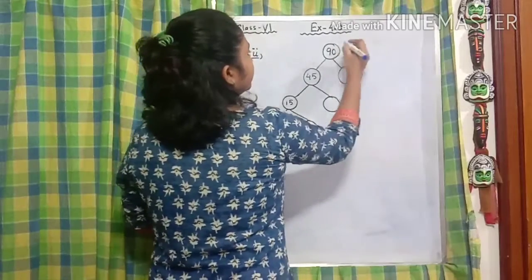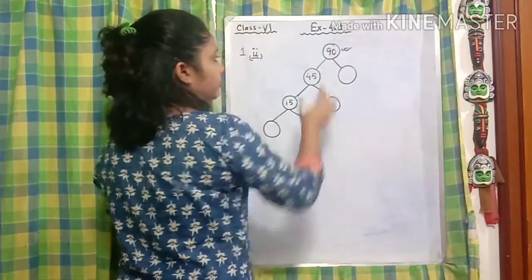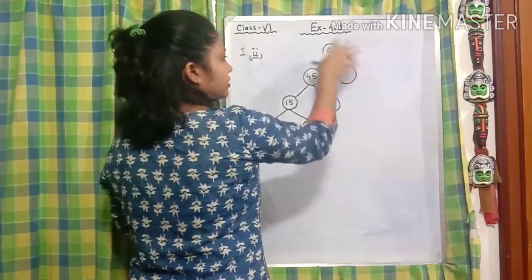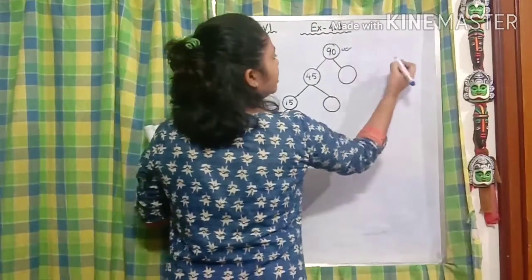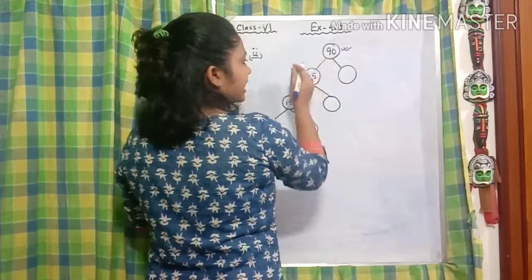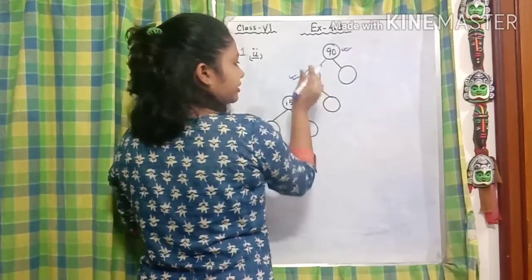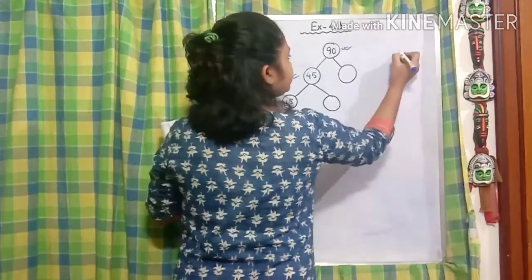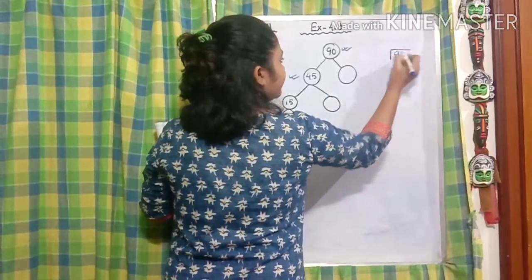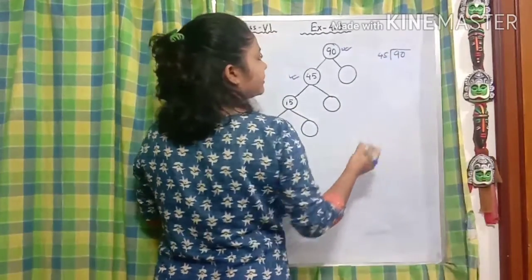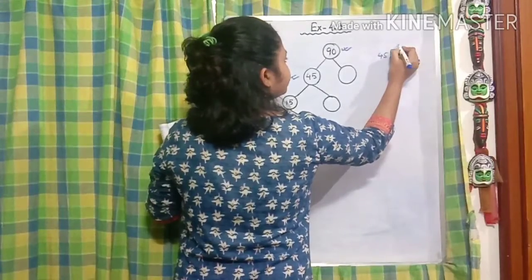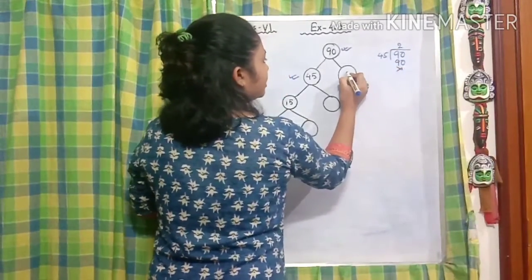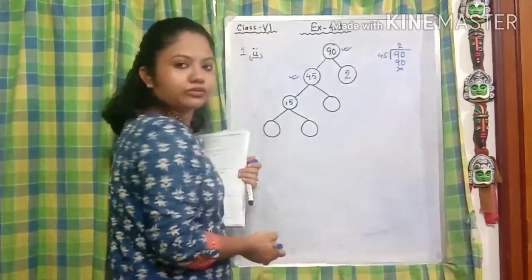Now here 90 is the first number and it is standing in the top or prime position of the tree. Here we have to find the factors. One factor, 45, is already given, so you have to find the second one. Divide 90 by 45. So we are going to get what? 45 2s are 90. So here 2 is the other factor.